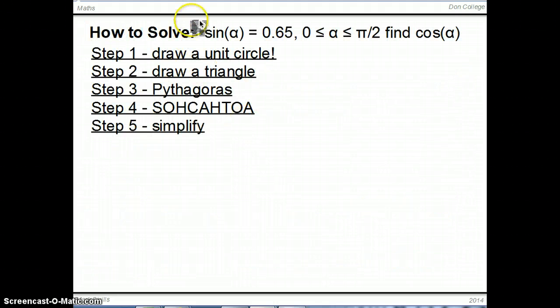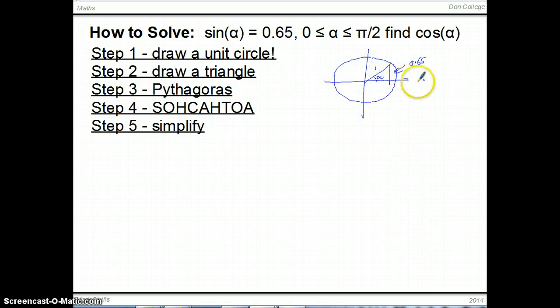So, here's a question. Sine alpha is 0.65, alpha is between 0 and pi on 2, which makes it the first quadrant. Find cos alpha. So first step, draw a unit circle. We're just talking about a quick sketch here. There we go. It's 0.65 and it's sine alpha, so this is 0.65. So the height of the circle in the unit triangle is sine alpha. So we're then going to pull that triangle out,